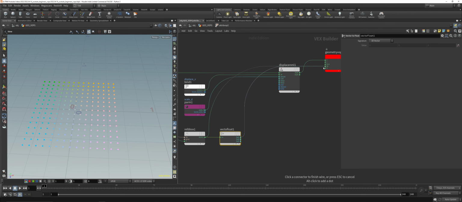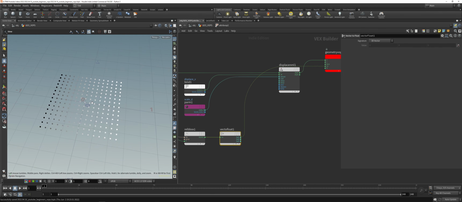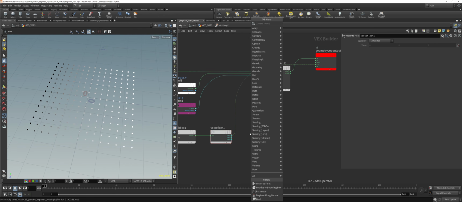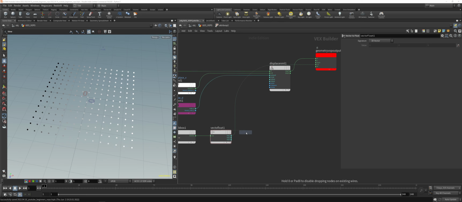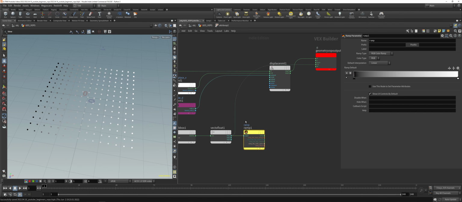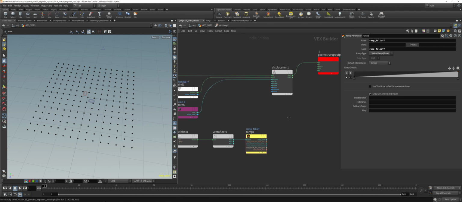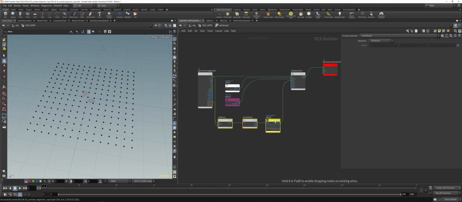Let's get an x and pipe that into color, and now you can see we've got values from 0 to 1, and we can remap them. So ramp parameter, get that in here, spline ramp, this will be our ramp, let's call that falloff, for example. Let's copy that in the label, falloff, pipe that into the scale here, and now we need another multiply,